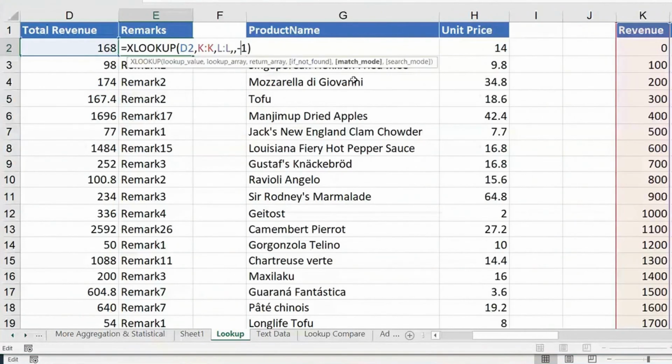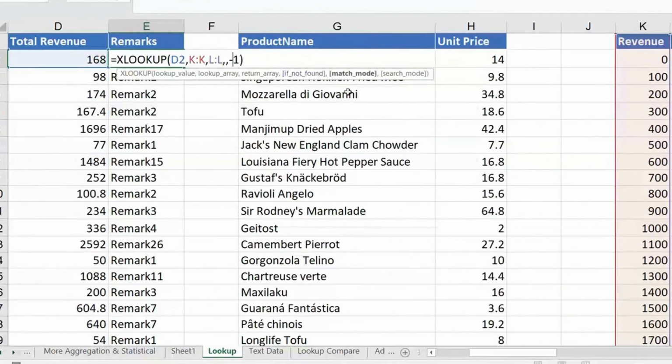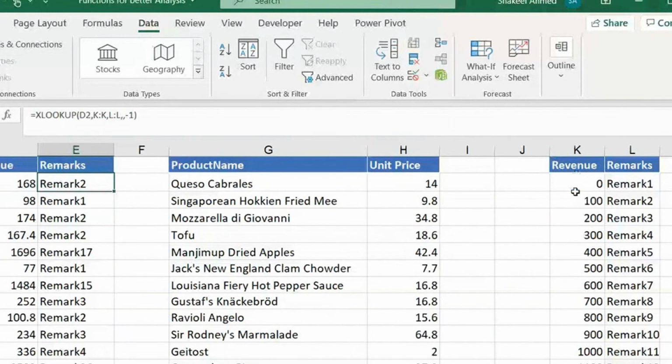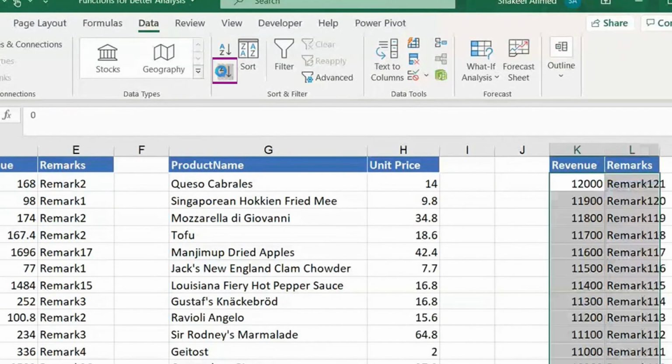Approximate match, I told you one condition, you remember, guys, in VLOOKUP, this has to be in ascending order, right? Here, we don't have the condition at all. See, look at this, guys. What I want to show you is I have changed the order. Still my approximate match is working wonderfully fine.